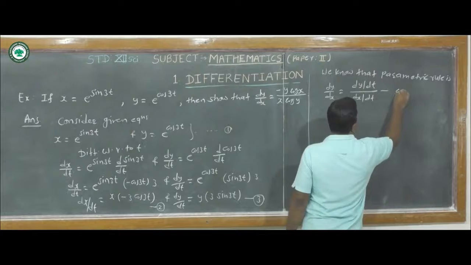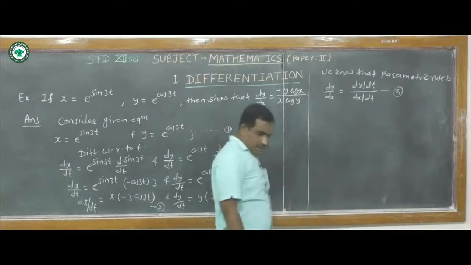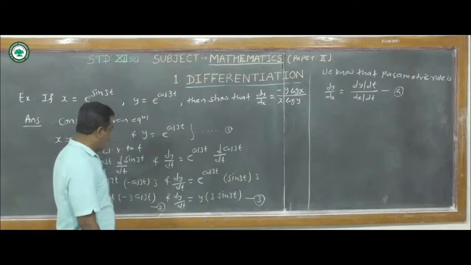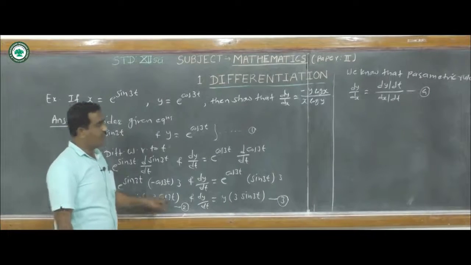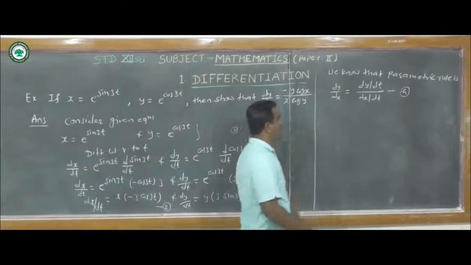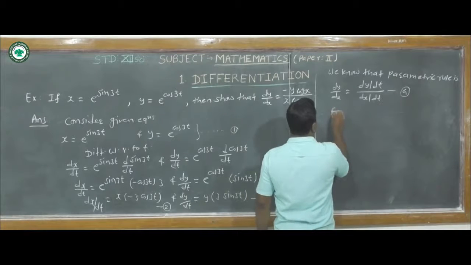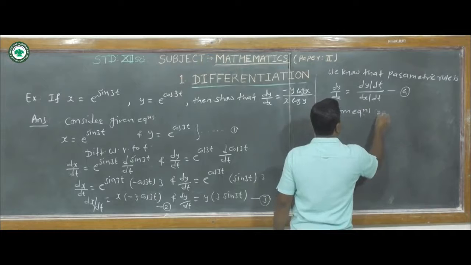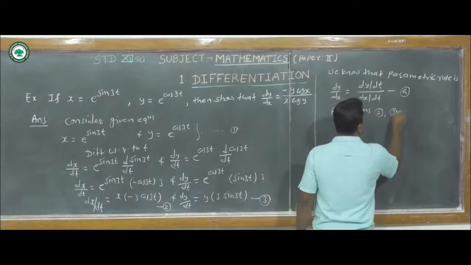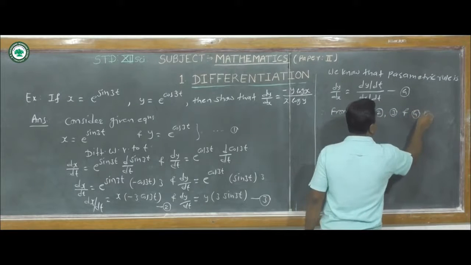Say this as equation number 4. Now put the values of dy by dt and dx by dt from equations 3 and 2 in equation 4. Therefore we can write here, from equations second, third and fourth, we get